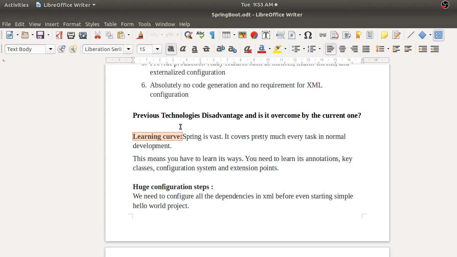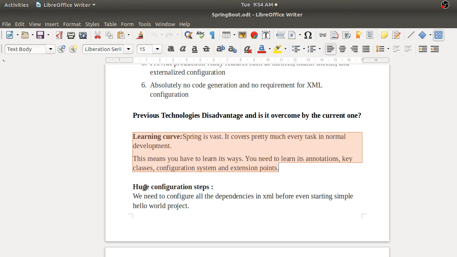Again, Spring Boot also has the same problem, because Spring Boot again is a framework for Spring applications, right? So it also has certain rules that you have to follow while developing an application. But the advantage in Spring Boot is, even though the learning curve is there, there is no configuration that you need to learn, right? So you have very small annotations that you will use. Only thing is, you should know, depending on the versions of Spring which is released, there are slight changes which are going to happen in the configuration steps, but most of it will remain the same.